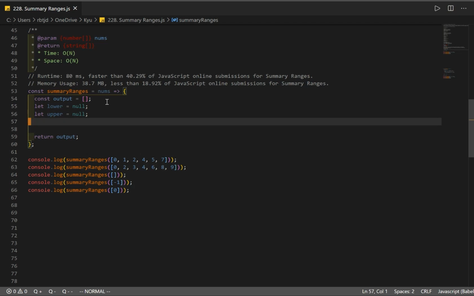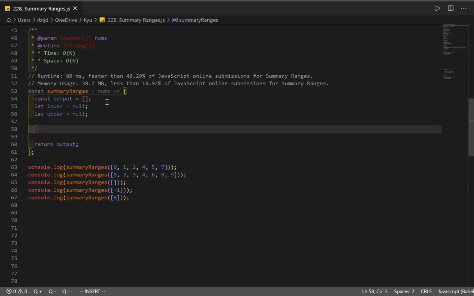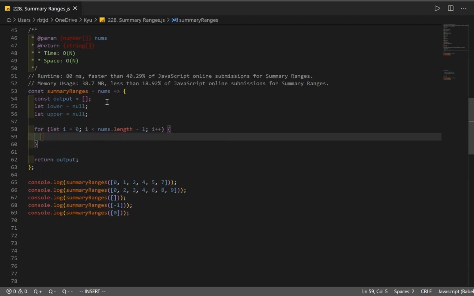So that will be our upper bound. So here we're going to store our lower and upper bound. Now we want to be able to iterate through our range of numbers. So let's create a for loop. Okay, that's good. So we're iterating through our range of numbers,